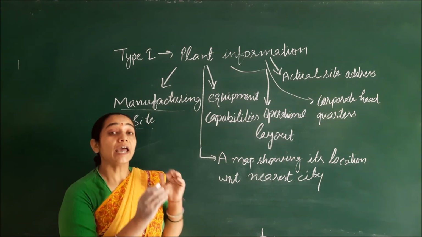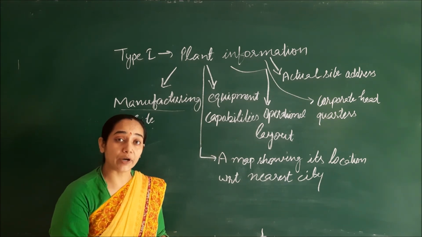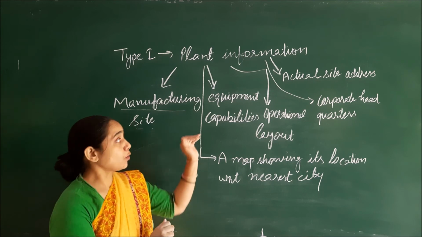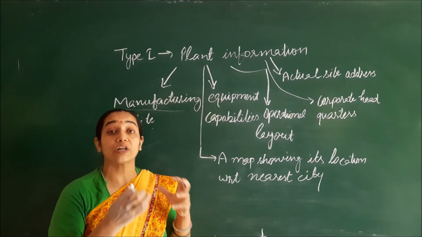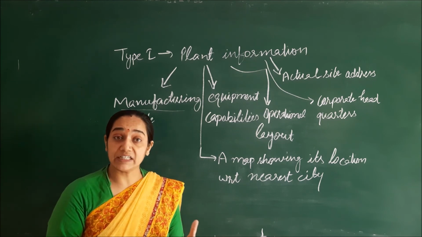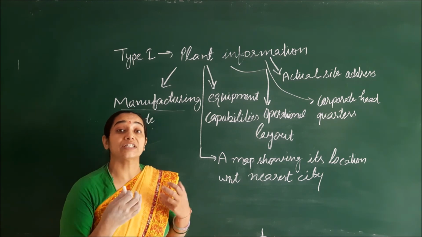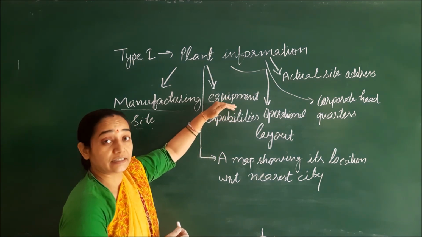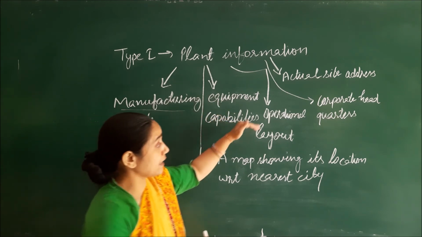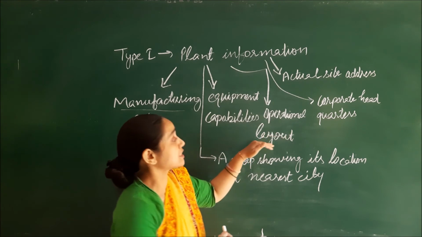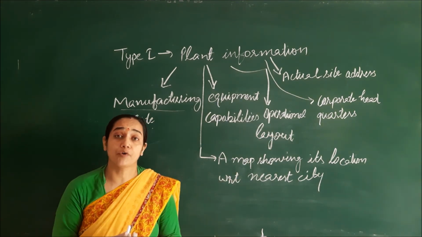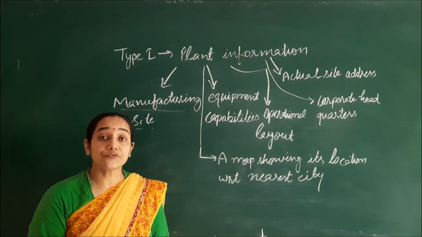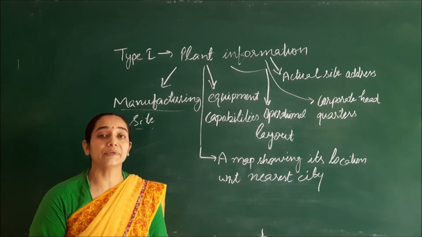Equipment capabilities means, in order to manufacture a particular product, what equipment is available at the plant or manufacturing site. All of this will be explained: how many instruments, in what numbers, and what their capacities are, all will be justified and represented under this heading, the equipment capabilities. Then the operational layout, meaning how the system will perform in the manufacturing site. There will be a layout flow diagram which will represent how the movement of material happens in the manufacturing site.